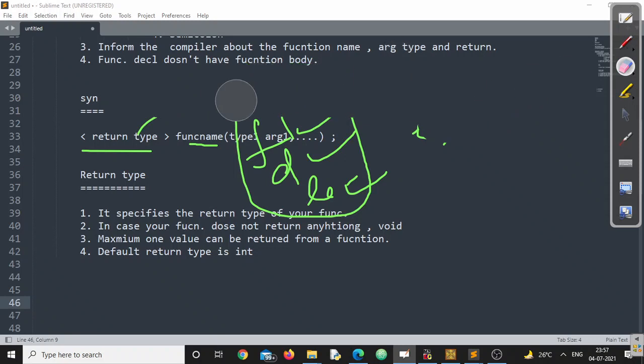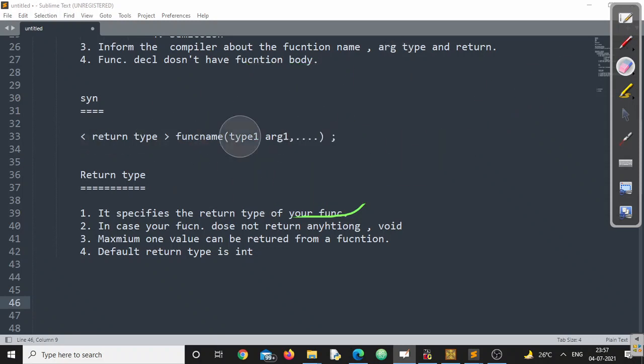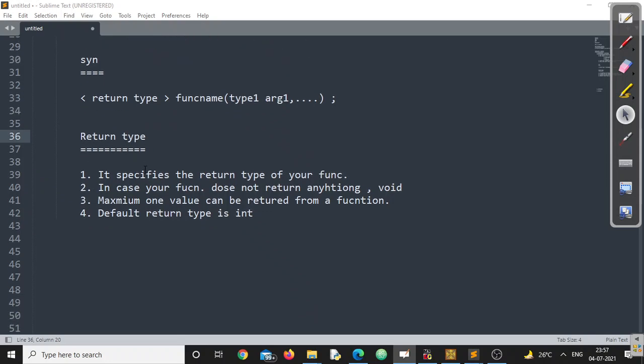There might be a programming requirement where I don't want to return anything from my function. In that scenario, the return type should be written as void. Keep this in mind. Only one value can be returned from any function, a maximum of one, not more than that. Remember, our default return type is integer.